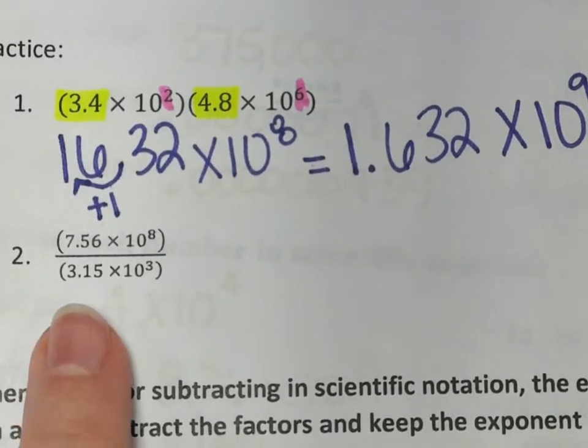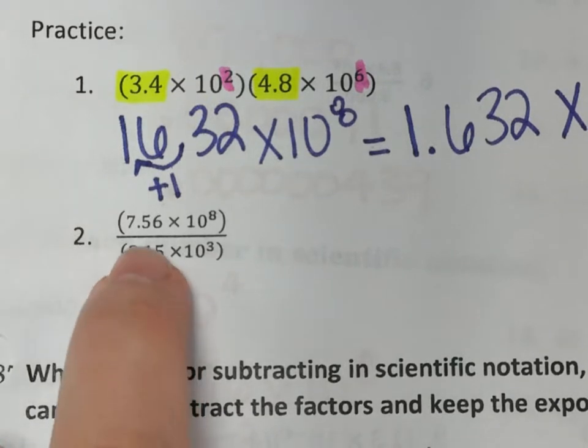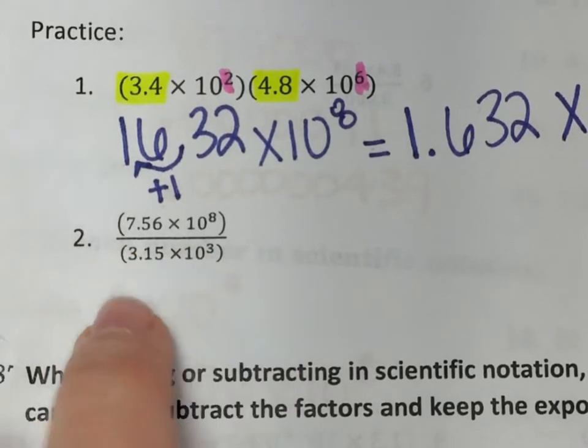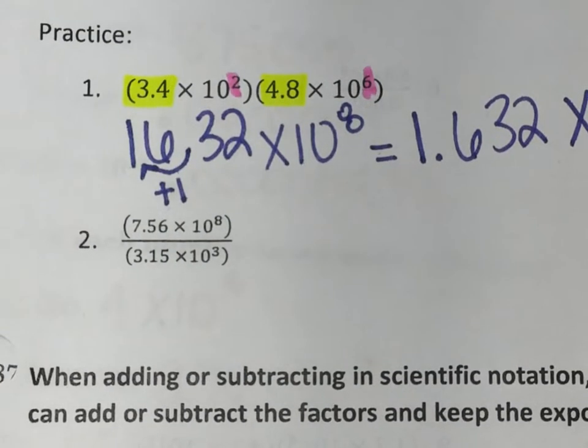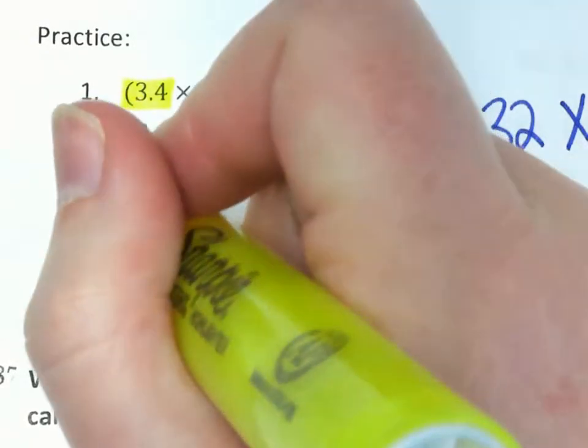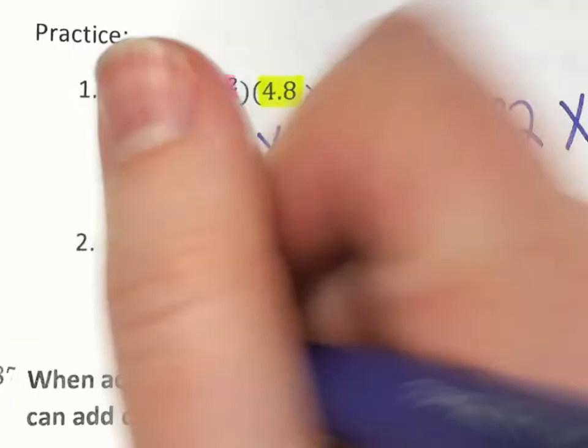All right. Let's look at number 2. 7.56 times 10 to the 8th. There's a bar, so divided by 3.15 times 10 to the 3rd. So what do we have to do with these front numbers? Very good. We have to divide 7.56 by 3.15, which gives us 2.4